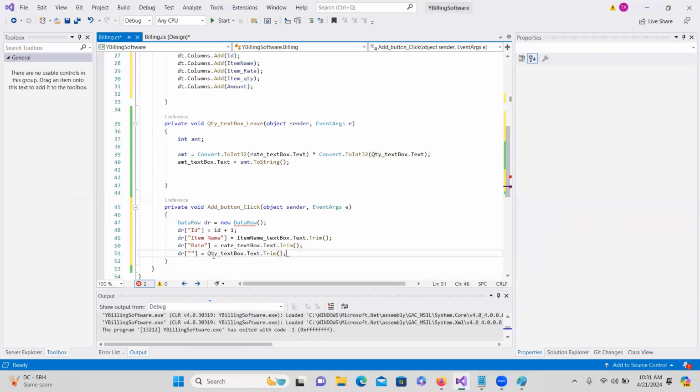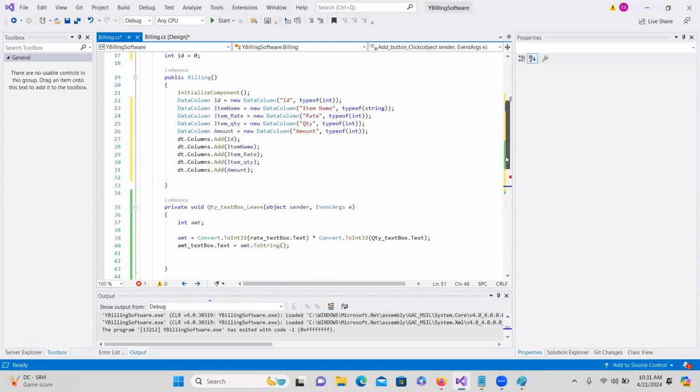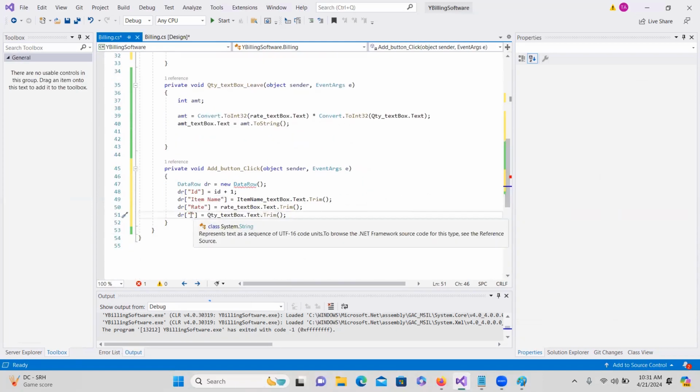So we are populating them from the form actually, QTY, QTY, then